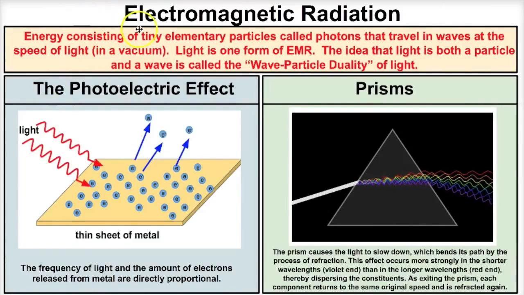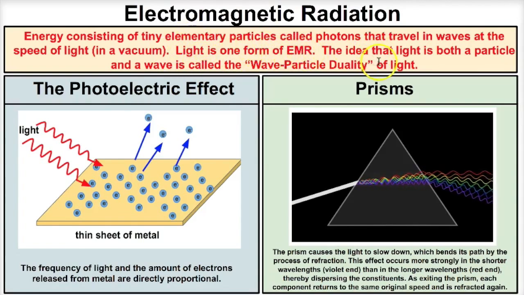So what is electromagnetic radiation? Well, it says right here that electromagnetic radiation is energy consisting of tiny elementary particles called photons that travel in waves at the speed of light in a vacuum. So essentially, electromagnetic radiation is a form of energy that is made up of tiny little particles called photons and travels in waves. And light, the light that we see from the sun, for example, is one form of electromagnetic